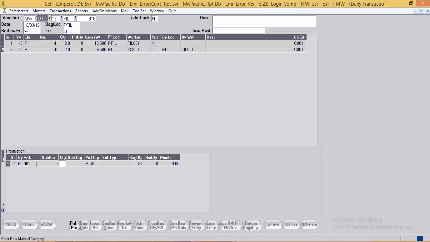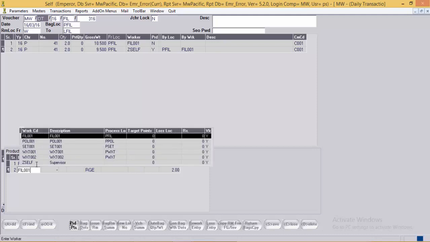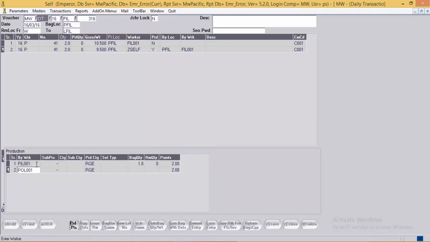For example, this worker has worked on only one piece, so the points to be given to him are for that one piece. And for the sake of taking an example, I'll take this other worker, and he has worked on another piece.